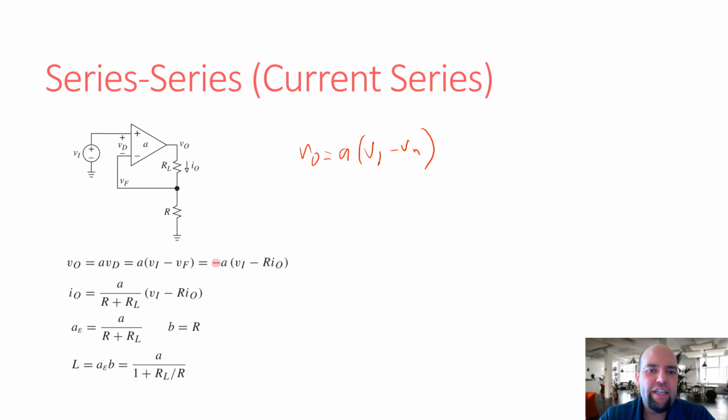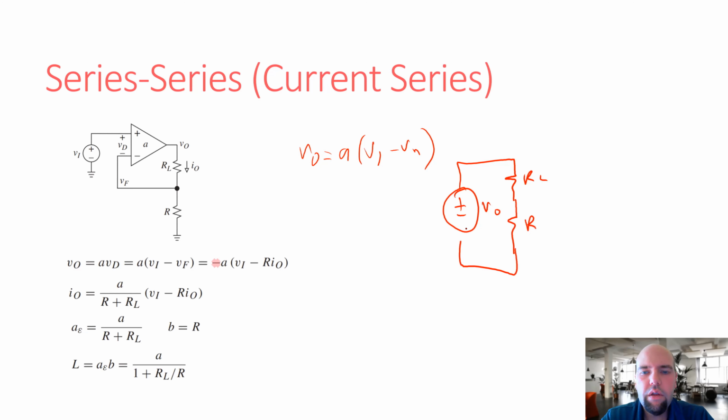And then Vn is going to be what? Well, let's do our equivalent model here. Doing our equivalent model, we have